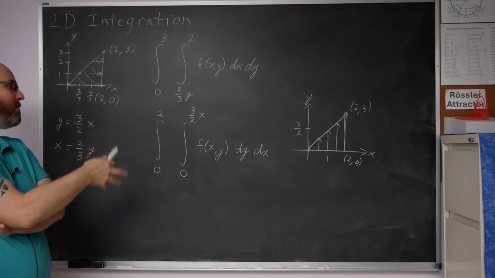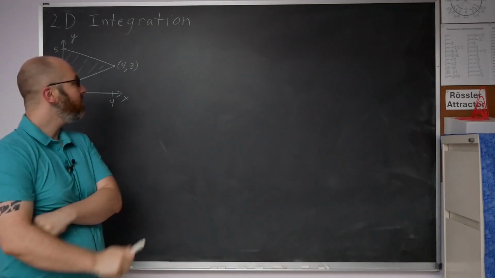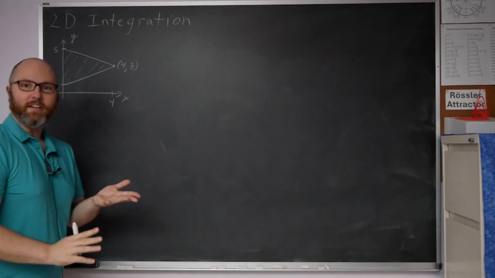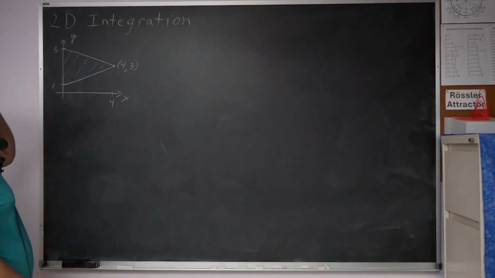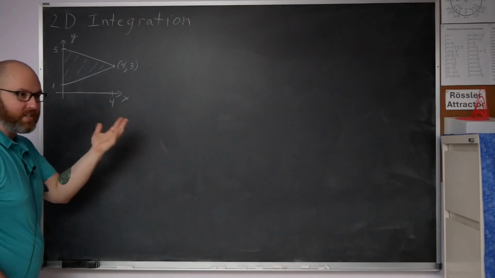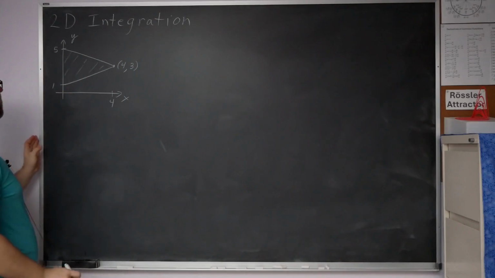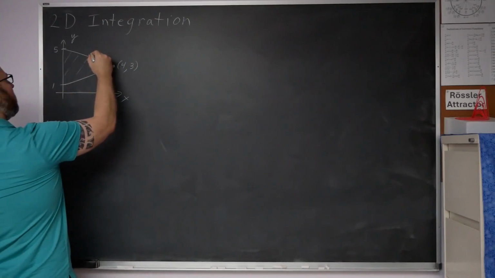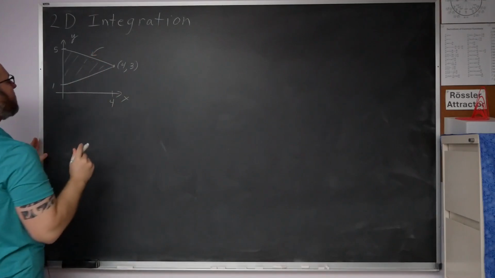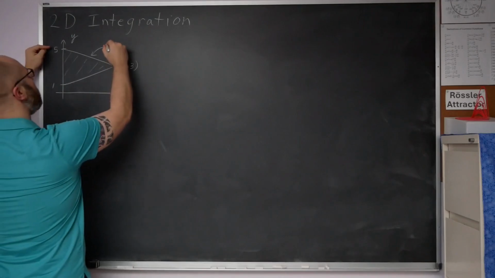And let's do a few more examples just to make sure we got the hang of it. The next 2D integral is another triangle. This one, though, is going to have a little surprise. So if I want to integrate over this region in a 2D integral, the first thing I need to do is figure out the equations of these lines. Let's start with this one here. I know the y-intercept is 5, so this is going to be y equals,